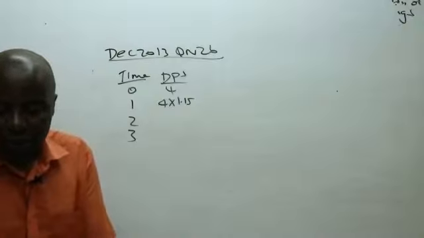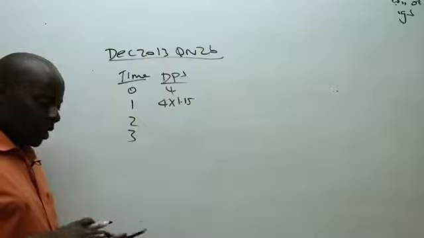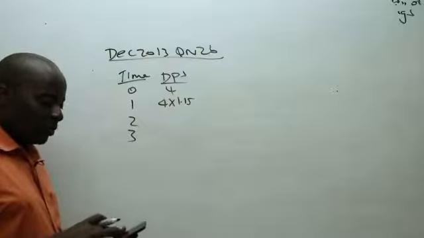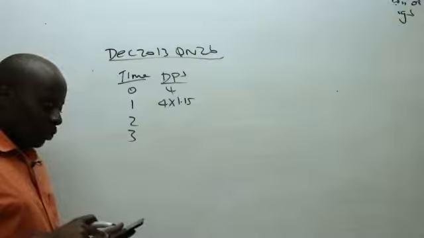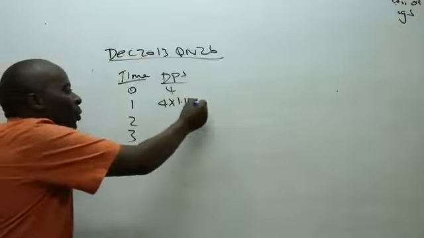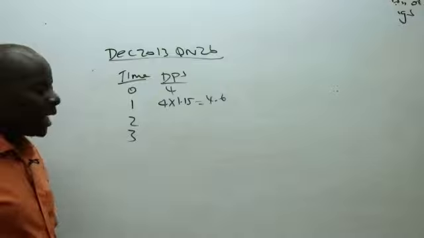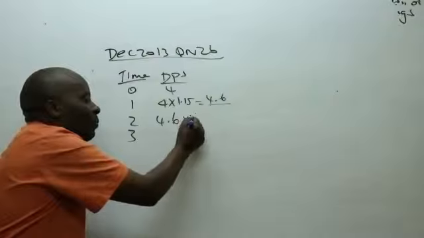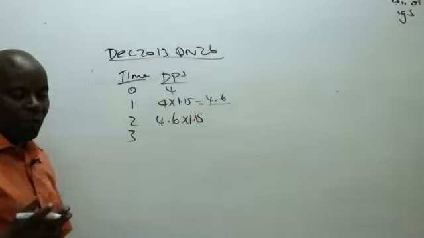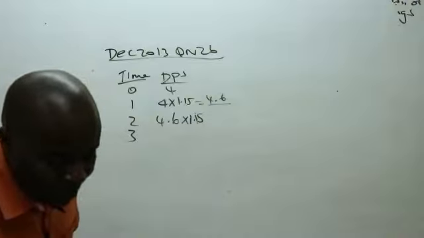So ladies and gentlemen, if that is the case, I'll simply be patient and do the multiplication. What I have here is quite simple. 4 times 1.15 gives me 4.6. And then I go to year 2, I'll have this 4.6 growing again by the same percentage, because they told us 15% is for the first 3 years.